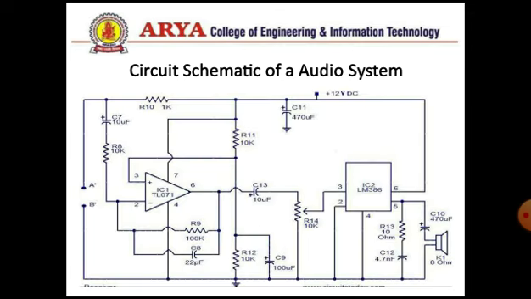This is a diagram of an audio system. Here IC1 and IC2 are important. IC1 is the amplifier, and IC2 is a power amplifier. So here the C7 capacitor will do the work for all the circuit, and the signal is forwarded towards the IC1, and then it is also given to the IC2, and then from the IC2 it is given towards the speaker at the output.